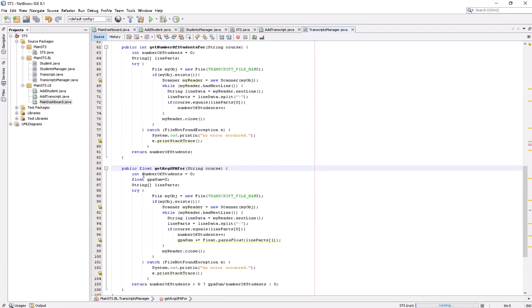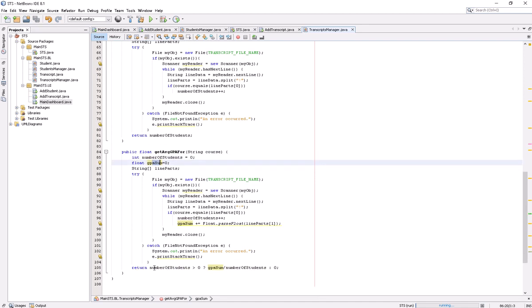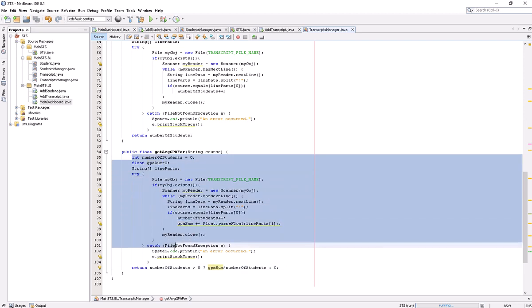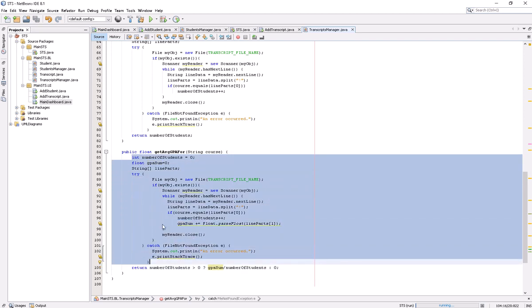And we go here and say the number of students, then the GPA sum, and then I'm iterating over every record, and at the end I'm returning: if the number of students is greater than 0, then divide the GPA sum by the number of students, and that will be the average. If the number of students is 0, then just return 0 as the average CGPA. So you see, for this information generation, like the average GPA of the class, I have written a special algorithm. There was no way to generate this information without writing any code.